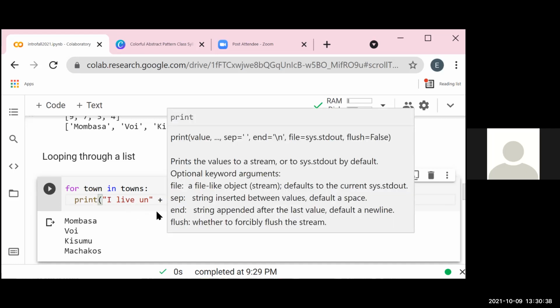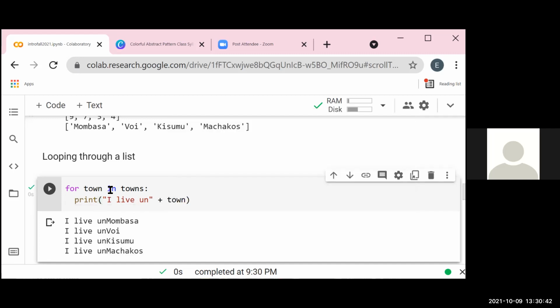So this should happen for every item in our list. So as you can see, as you see, these are some of the interesting things that we can do with lists and for loops.